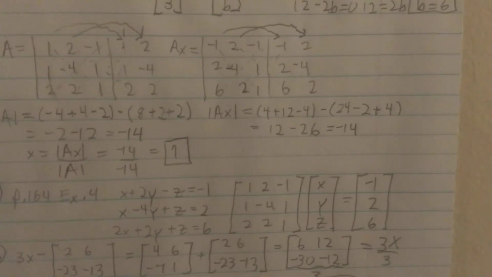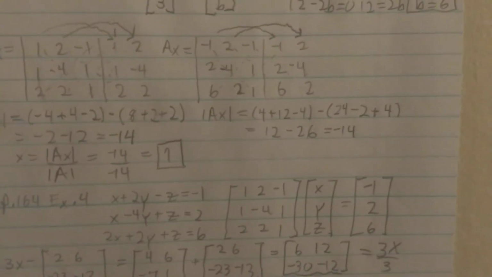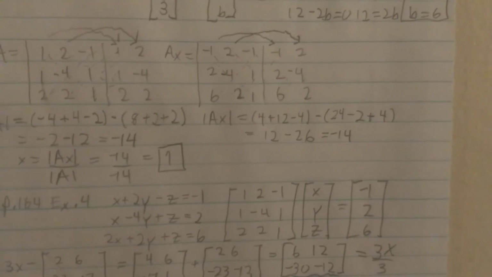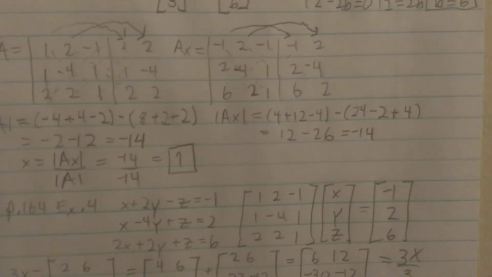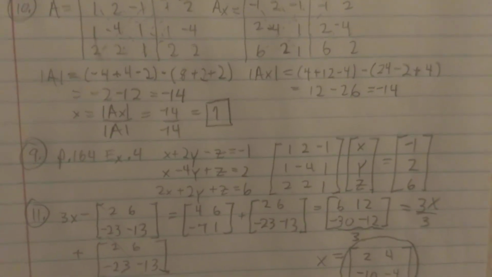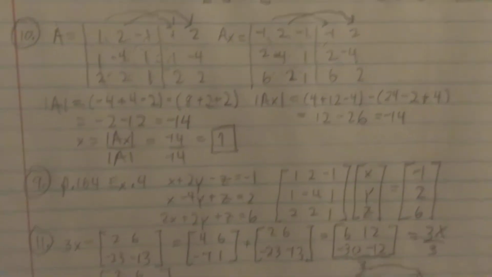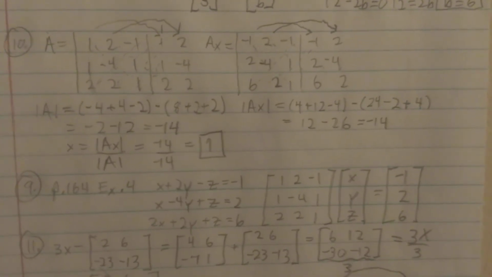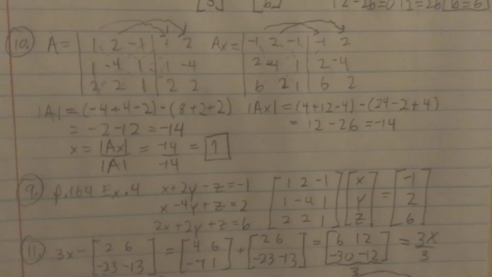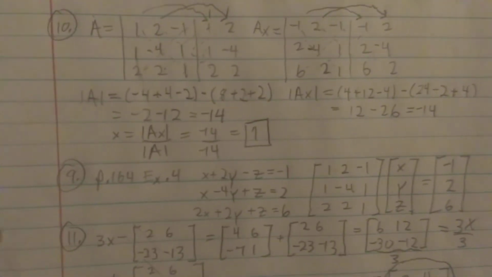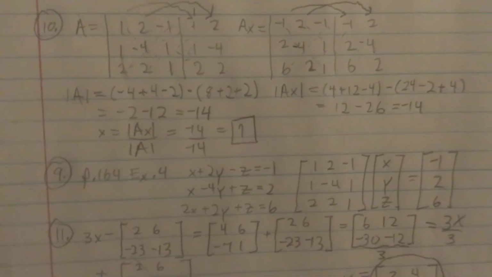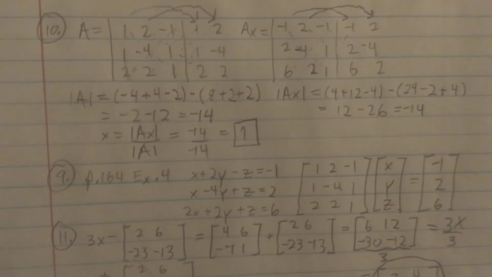Now the A sub x determinant is putting in the B matrix for the first column, negative 1, 2, 6. This is on page 169, and it's the same matrix as I show for problem 9. So on this one, I'm going to replicate the first column as the fourth column and the second column as the fifth column. Now to take the determinant for A, I take on my diagonal 1 times negative 4